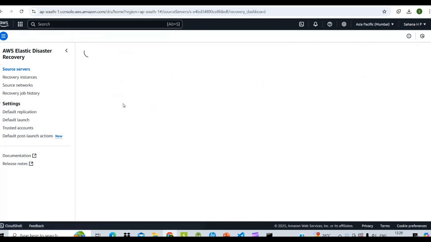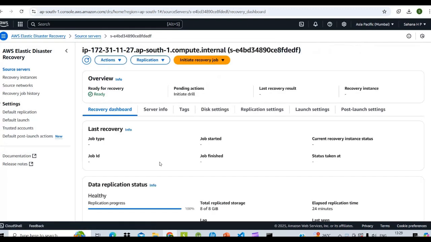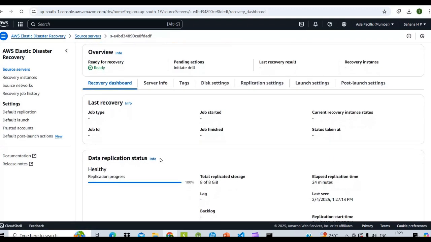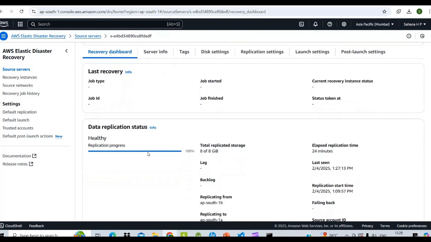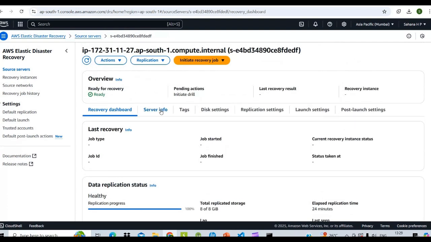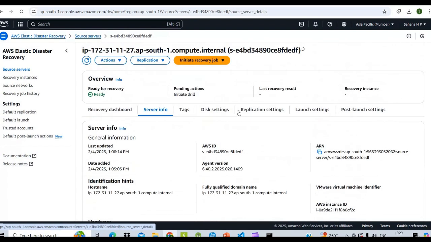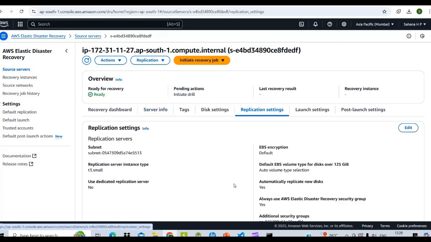Go inside this. The data replication state is healthy, and the total replicated storage is 8 of 8 GB. It contains all the details, server info and replication settings, the overview details of the source server.